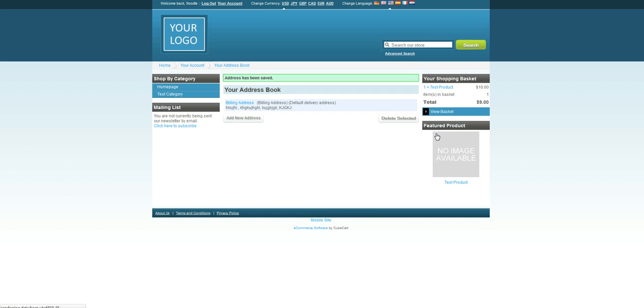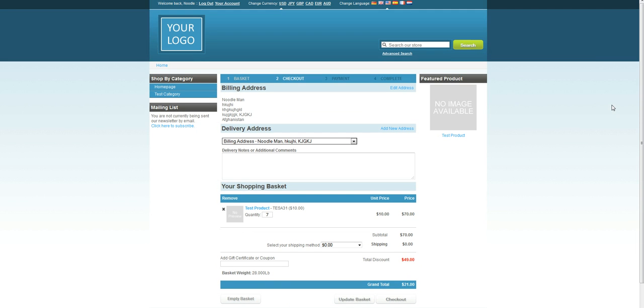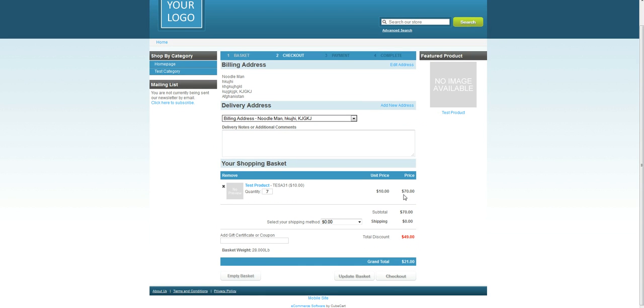Now we have an address, and we can see the total discount here is $1. Remember, that was 10% for 10. We get a 70% discount for spending $70. So I'm going to put in a quantity of 7, which will give me my $70, and just check this is working properly. So we can see here by spending $70, I've just got myself a $49 discount. So if I'm the customer, I'm happy at this point, but it just allows you to see how this works,